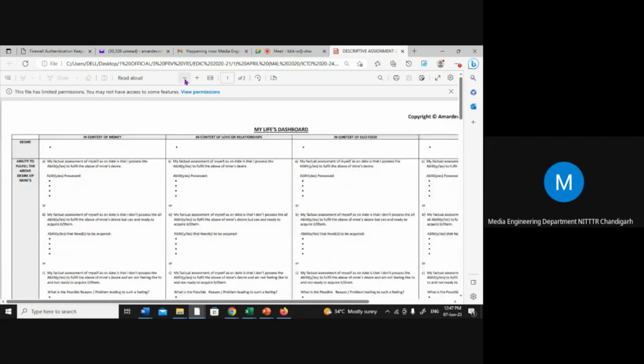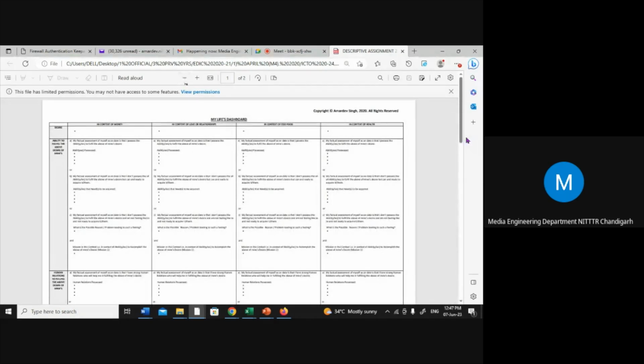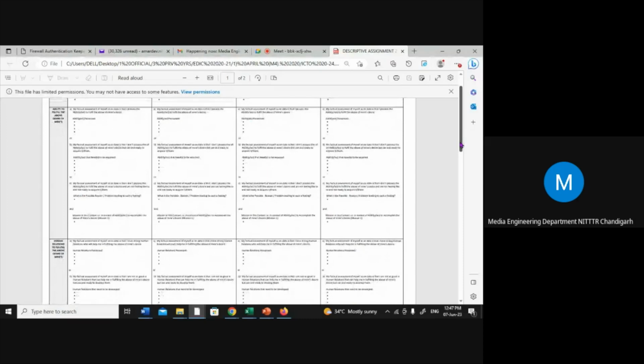So it can be printed. I say to students, I do not charge any money for giving you this tool. You take it, you take a flex print, put it in your rooms. There is nothing in life you can't achieve if you use this tool for your vision and mission setting.